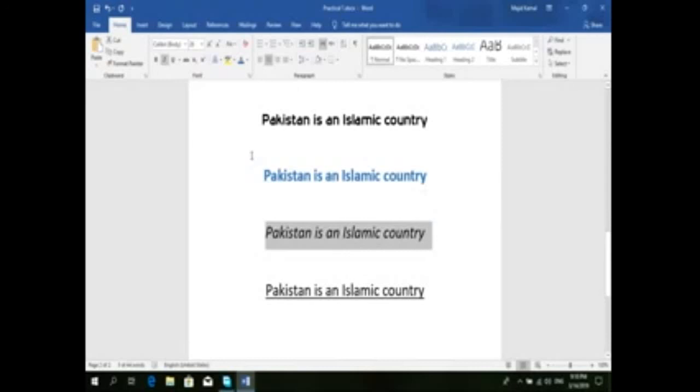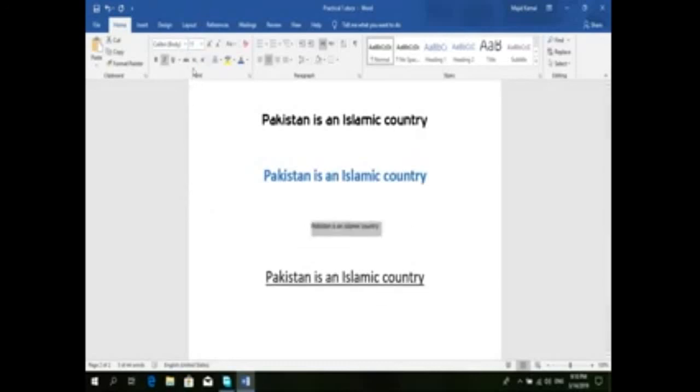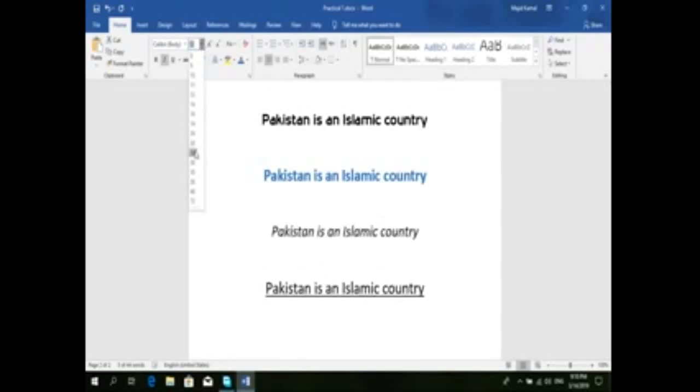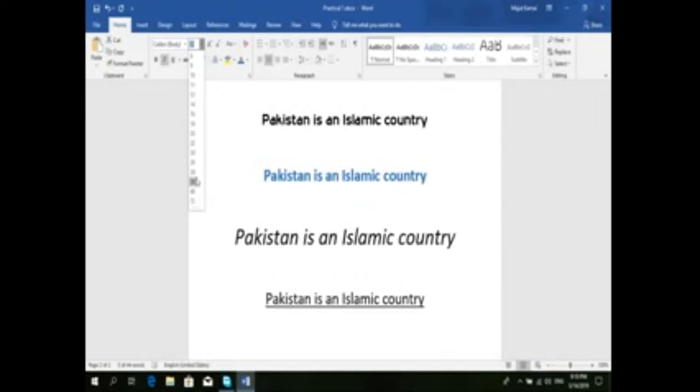You select any word and change the font size. The maximum is 72 and the minimum is 8. You can change to any font size, 10, 12, 24, 30, according to your requirement.